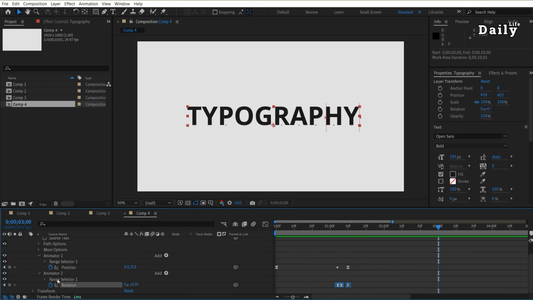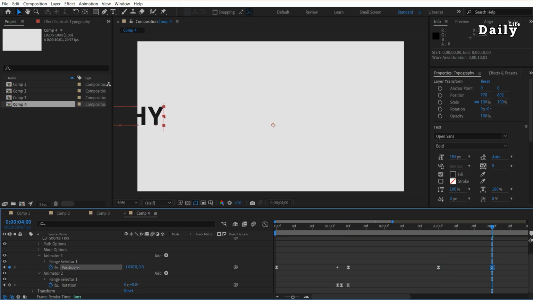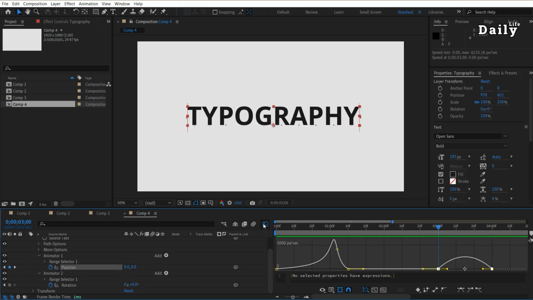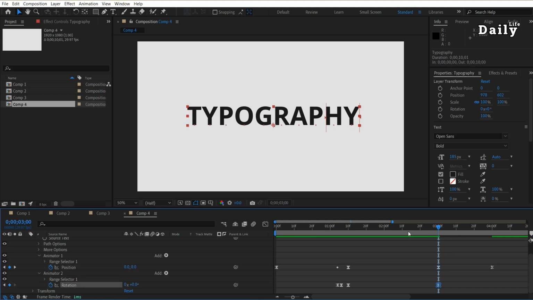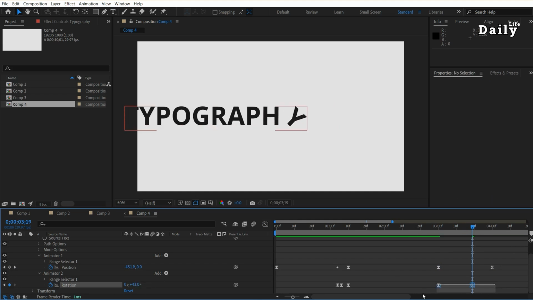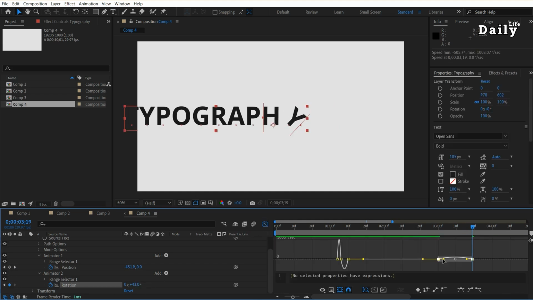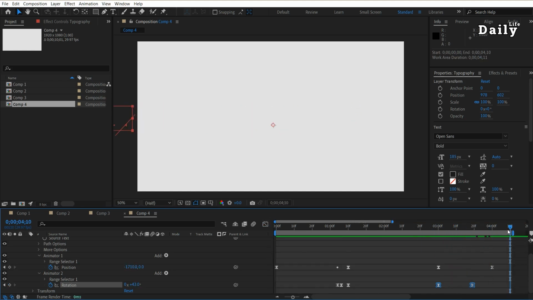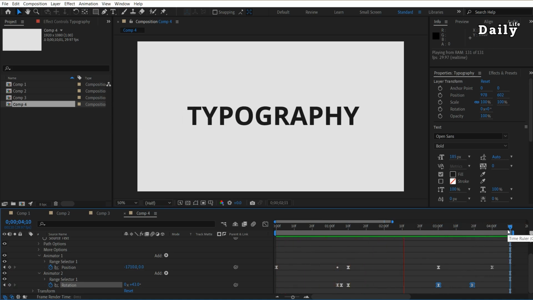At the 3-second mark, animate the position back to its original state. Edit the graph handle for better movement. Adjust the rotation value and keyframes. Hit F9 and edit the graph editor for a smooth exit animation. Check the preview. By following these steps, you've learned how to master typography animation using the first principle of fixed